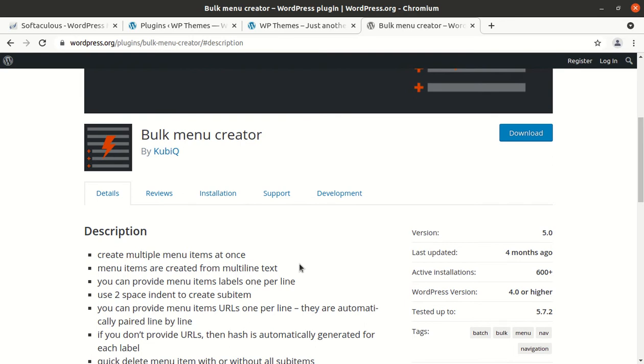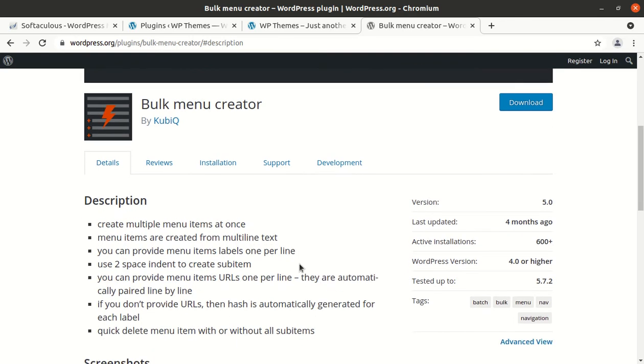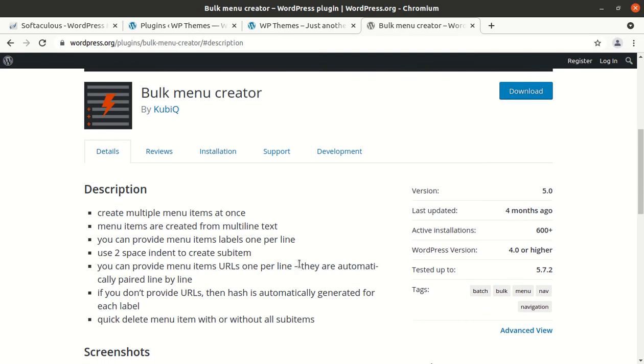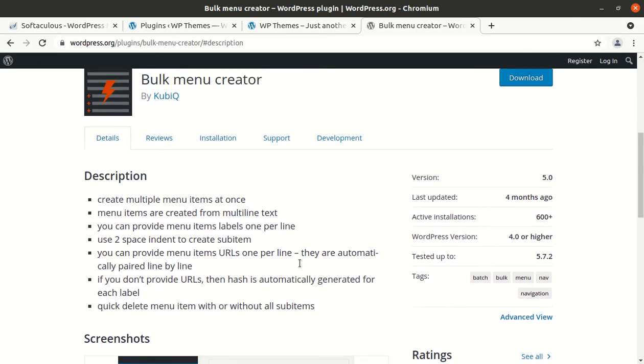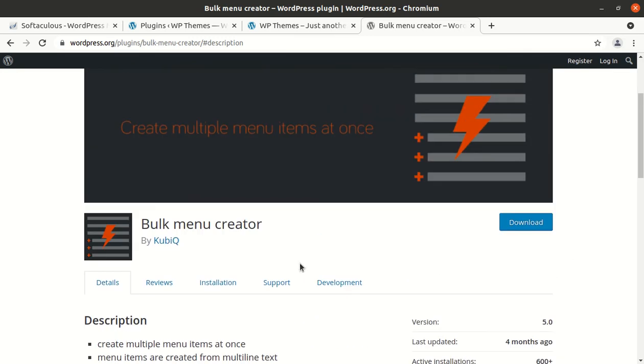You can create multiple menu items at once, and you can even create menu labels, and you can assign those menu items to pages or posts or specific links. Let us see how it can be done simply.